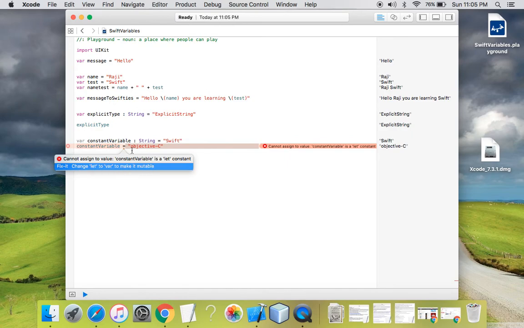So currently the let keyword means it is immutable. It can't be changed. Cannot assign to value: it's a let constant. We can't change its value dynamically. So if you want to change a variable dynamically at some point of time, you need to declare that variable as var instead of let.